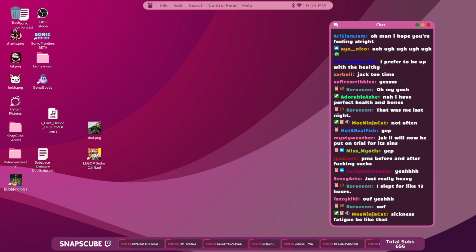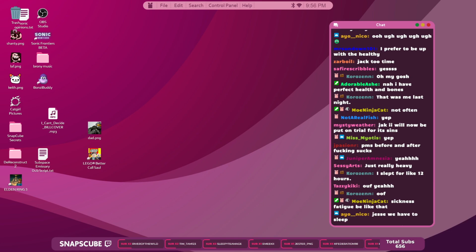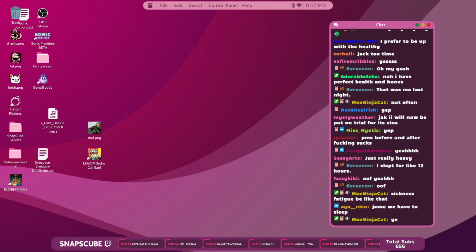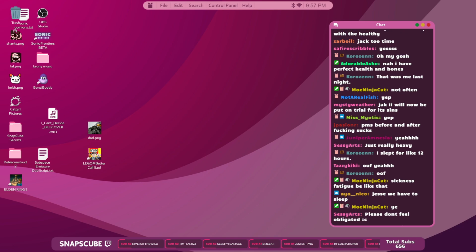Sickness fatigue be like that. Yeah, it's crazy. Well, it sucks because it's almost indistinguishable from the regular fatigue that I deal with. But this time, I started off just feeling awful, and I think I need to get a new thermometer, because every time I feel feverish, like I've always felt in my life when I've had a fever,